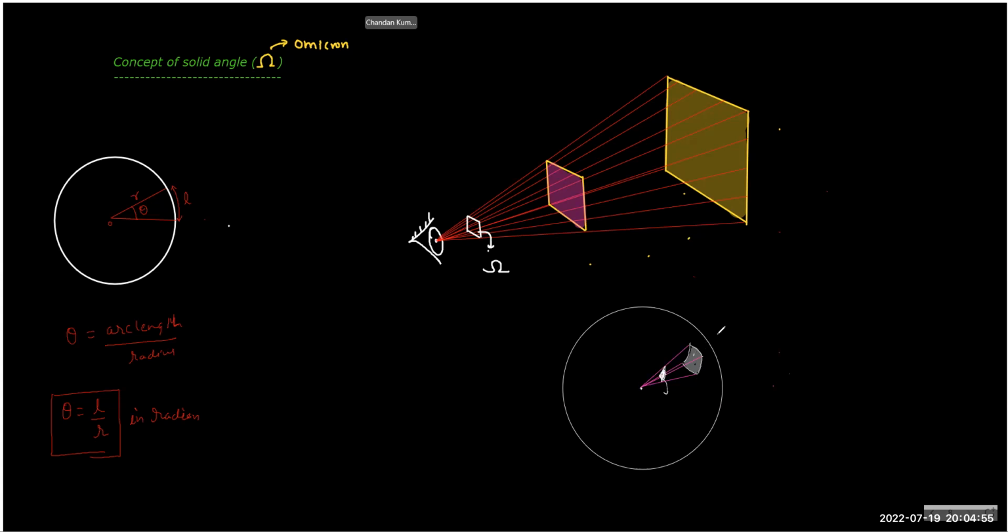If I choose the area as a small value dA, the R is the same for every point on the patch because it's part of a sphere. Then the d omega that this patch will subtend at the center